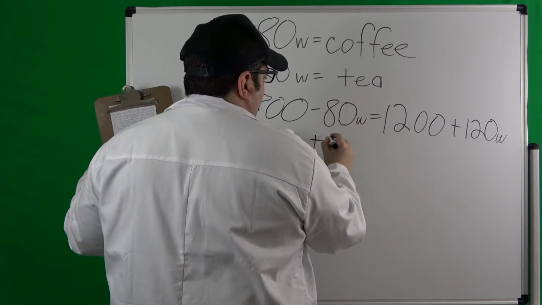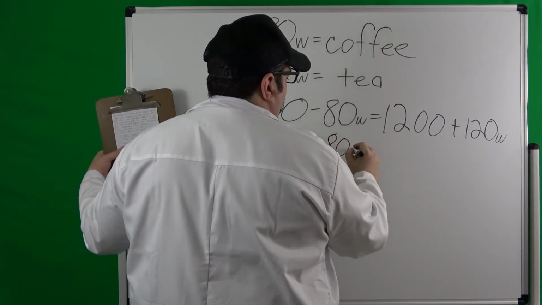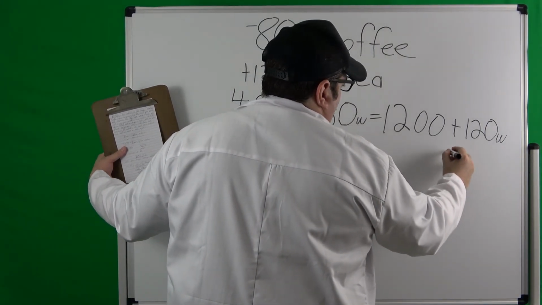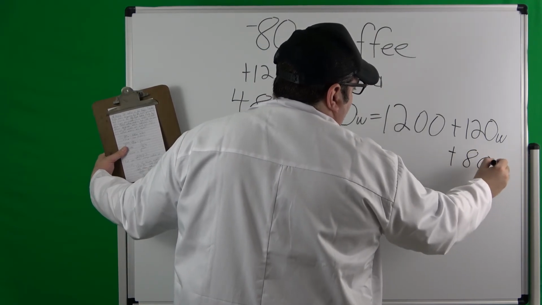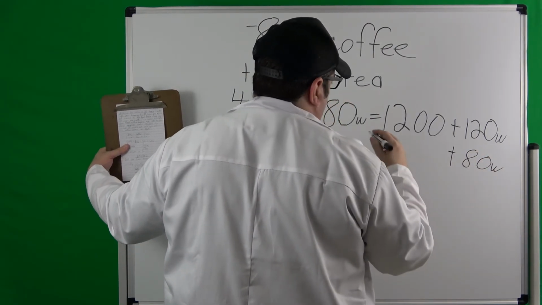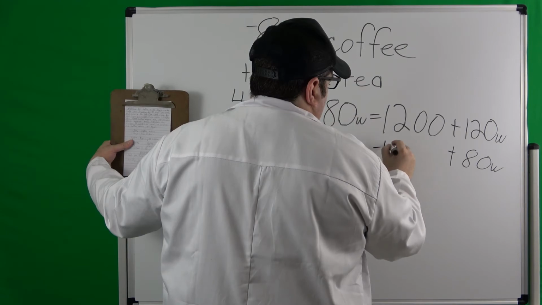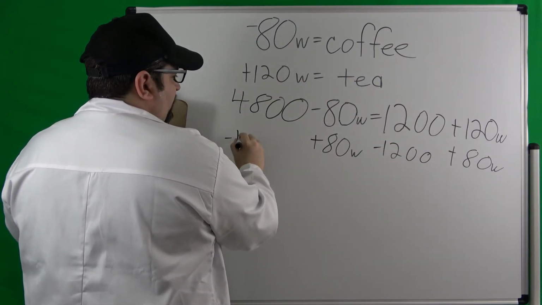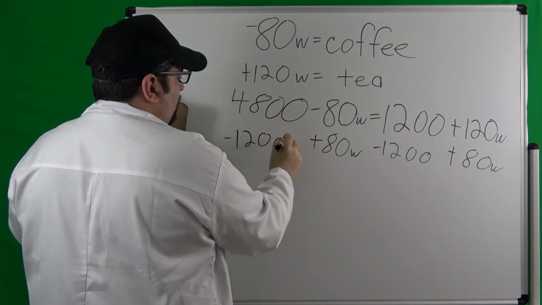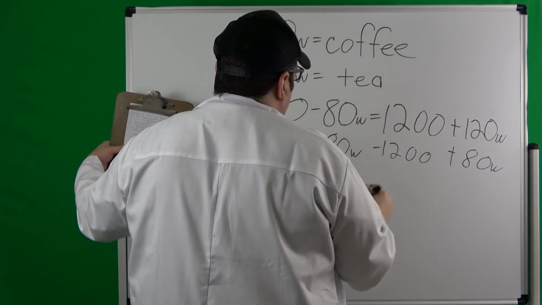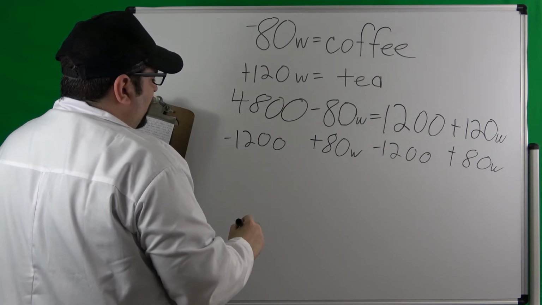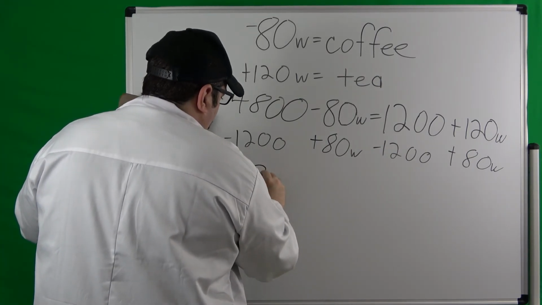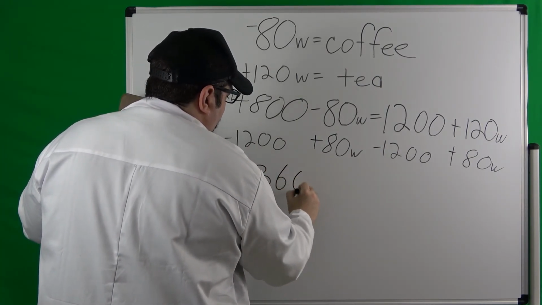And because I like to always keep the variable positive, if I can, I'm going to take the 80W over there. So then I'll take the 1,200 to the left side here. Okay, gets rid of that and that. 4,800 minus 1,200 is what? 3,600